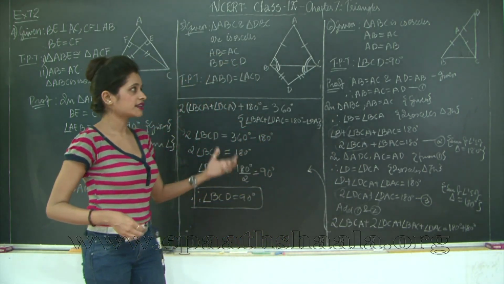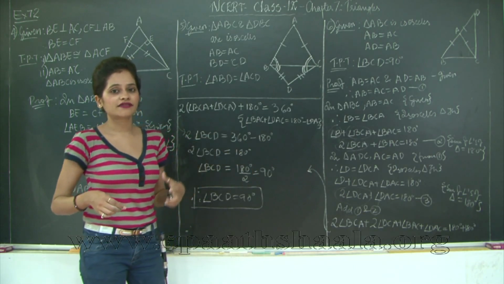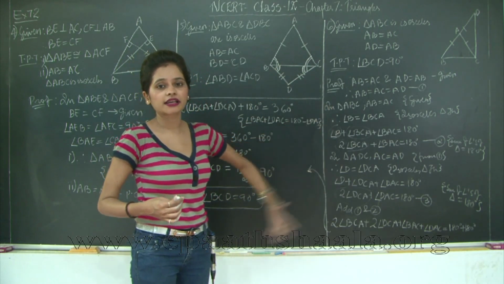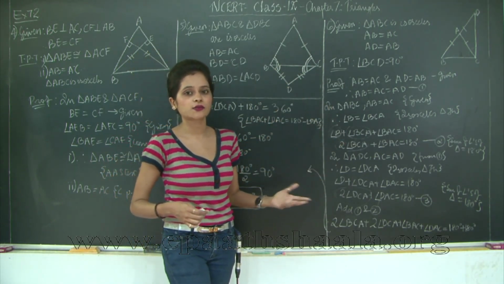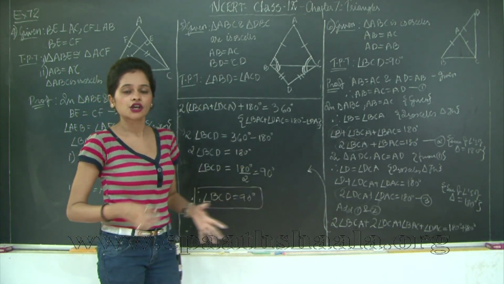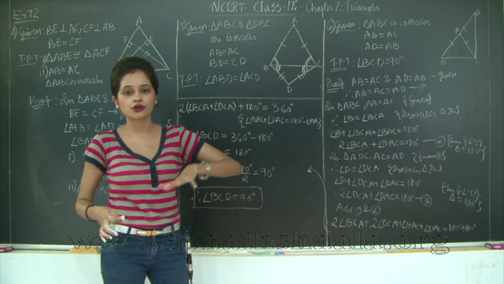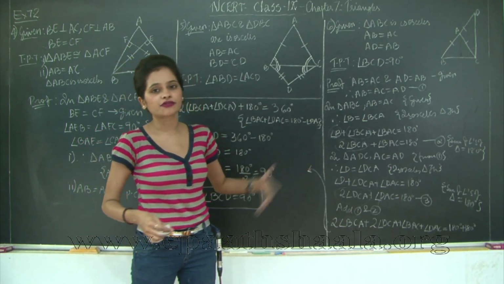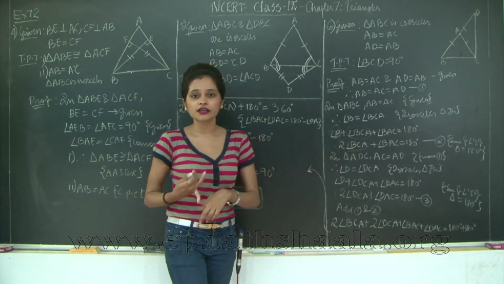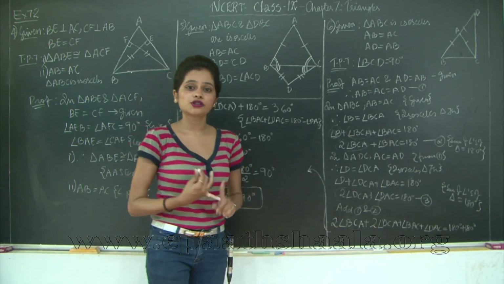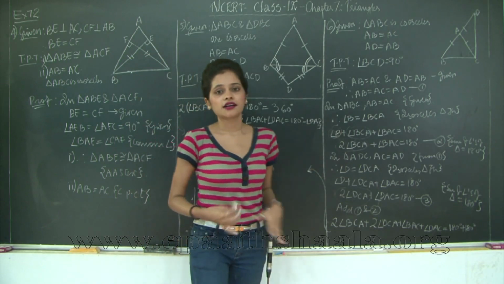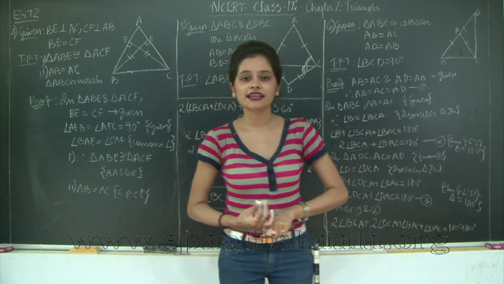So it's important, especially in geometry, that you are thorough with the basic foundations, which is lines and angles, points, triangles, and you will see that with triangles we'll see applications in quadrilaterals as well, which is the next chapter. So just make sure when you're studying these chapters, you go in sequence. Don't jump to chapter number 7, that is triangles, before chapter number 6. Because in chapter 7 triangles, we are not only using chapter number 6 lines and angles, but we are also using the concepts of Euclid geometry, which is chapter number 5, right? So let's take a look at the remaining 2 questions, that is 7 and 8, in the next class.